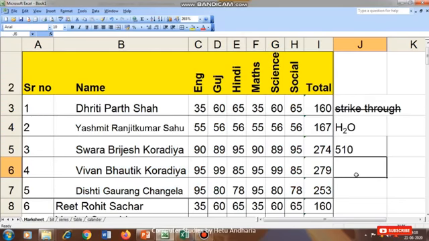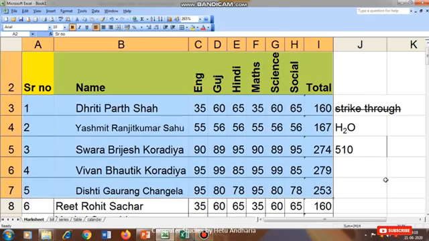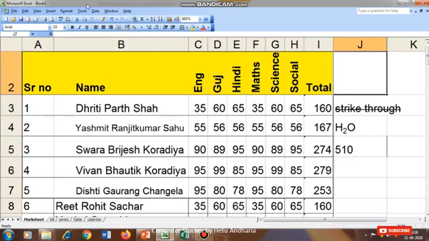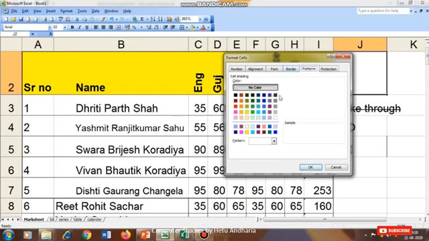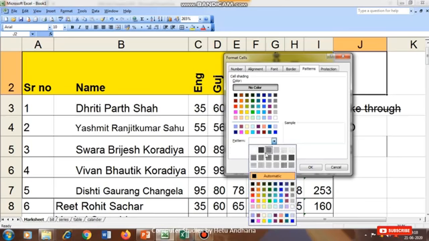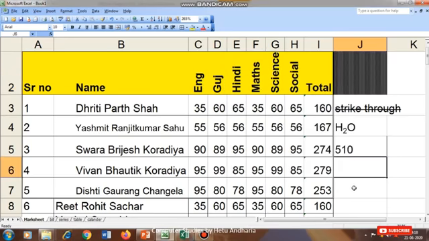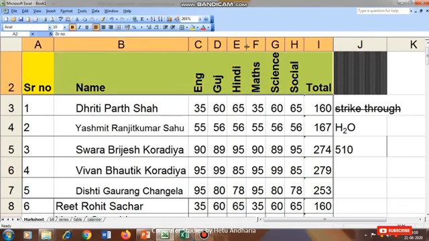So this was all about borders. Then next is texture. Now we don't need to use texture, but since that facility is there, I am teaching you. Patterns, meaning texture, is also given here. Suppose you don't want to fill any color and you want to fill a texture, then you can fill any texture from here. We don't need to use this. And regarding filling colors in the cells, we generally use the shortcut key. We don't go to the format menu. So these many features